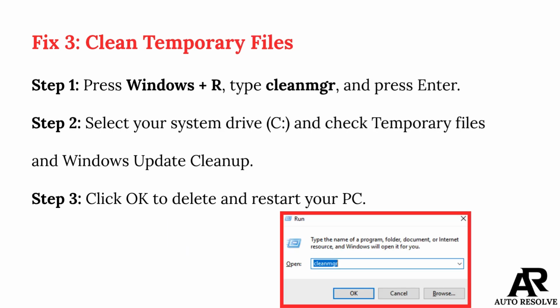Fix 3. Clean temporary files. Step 1. Press Windows R, type cleanmgr, and press Enter. Step 2. Select your system drive, C, and check temporary files and Windows Update Cleanup. Step 3. Click OK to